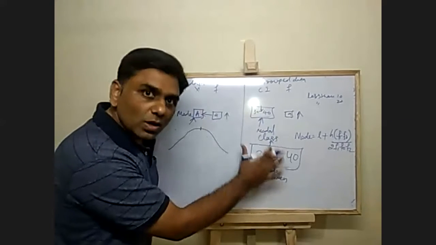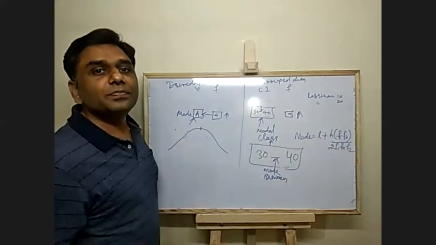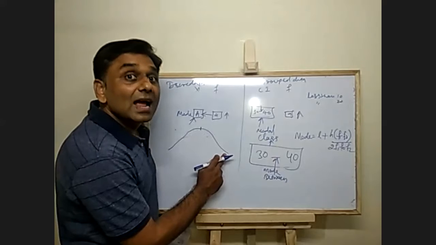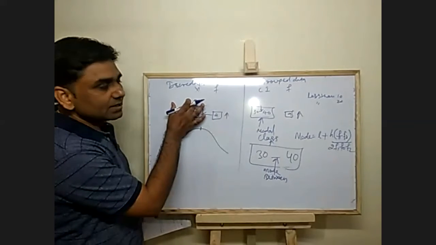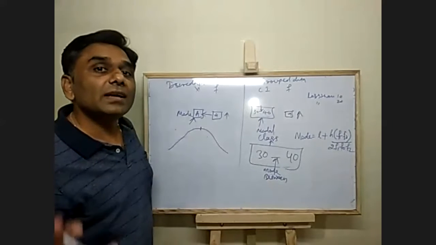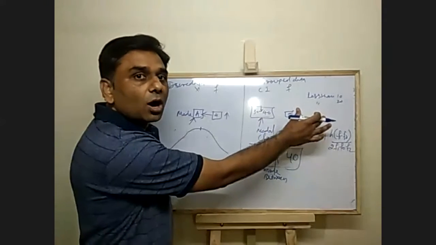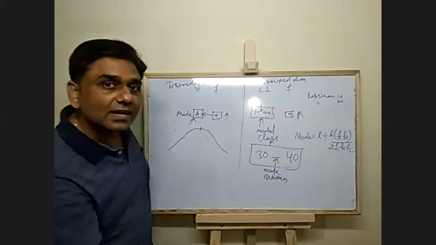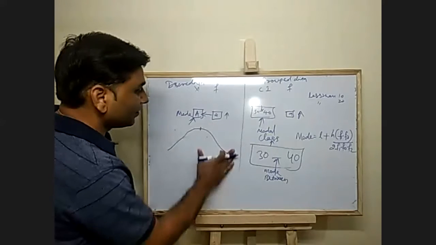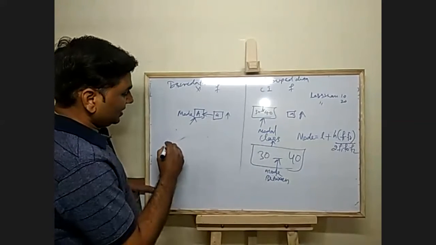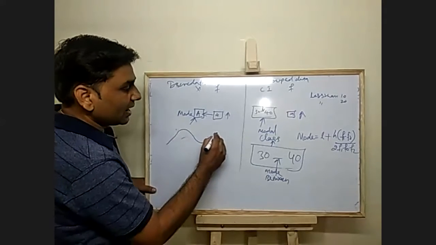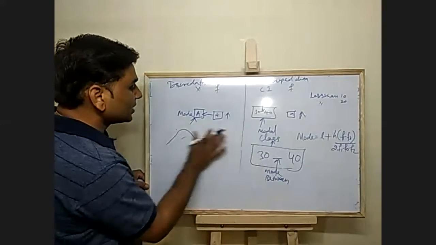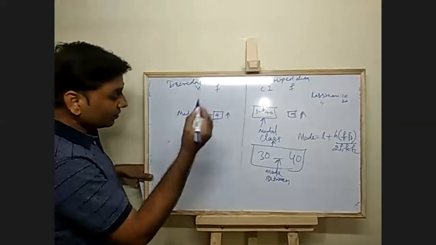In calculation of mode, mean, or median also, you will see that the data frequency is first increasing, then decreasing. In such cases, you can apply this or this based on the type of data given, grouped data or discrete data. Frequency is distributed like this, increase and then decrease. What if frequency is increasing, decreasing, again increasing and decreasing? We solve the problem using the empirical method or empirical formula.